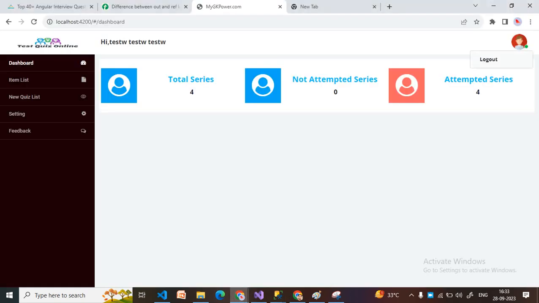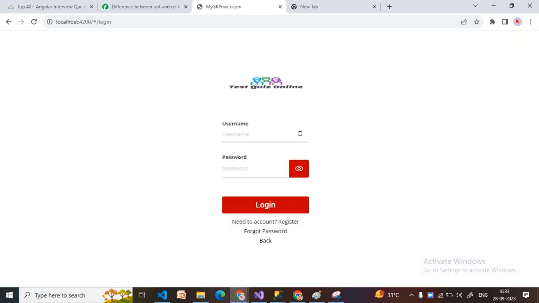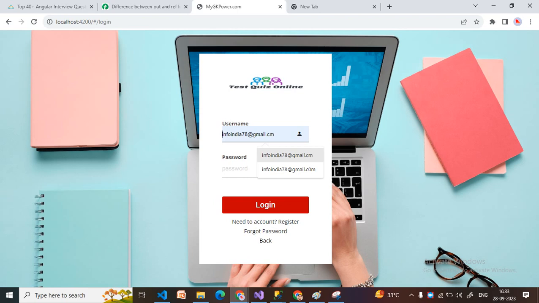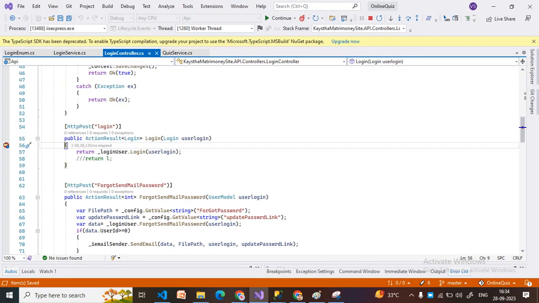So for that, suppose this is info India gmail.com. I put here my email address, gmail.com, and at the rate VIP 12345. I enter the password here and click on the login button. Correct. I drive up the code like